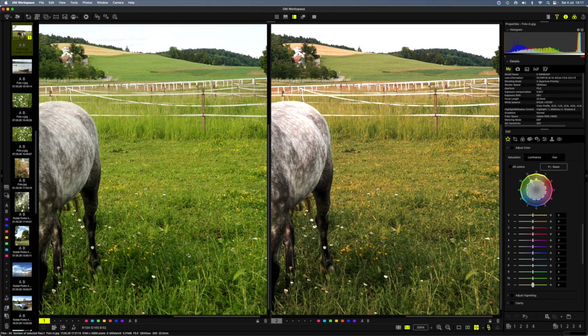Now, Workspace or Olympus added a very nice feature here, and that is when we move the cursor over the active area, the color is shown to us in the color wheel, as well as the sliders. So look again: when I move the cursor here, you can see it's between 10 and 11 on the color wheel, and it's closer to 11, so the green to yellow will have a bigger influence than the green, but both are changing this here.